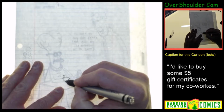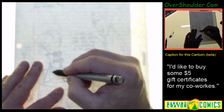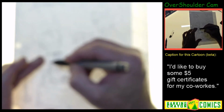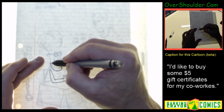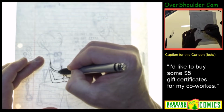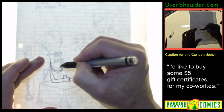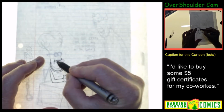All right, so this is the alien. He's at his desk, and he's open for business. I'm going to use this one for one, and maybe another for another. I might shrink down the alien slightly in the coloring translation of this comic, and I think it looks better if